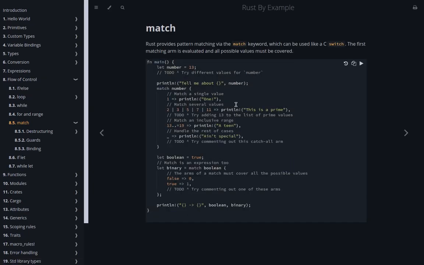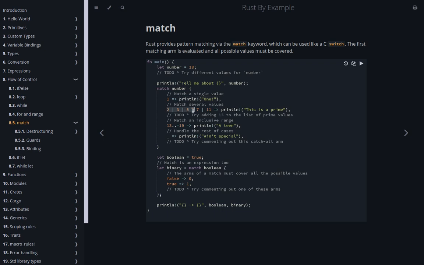Now match statements. Match statements are like switch statements in other programming languages. If you've seen switch statements before, a switch statement just allows you to match a particular expression or value and then evaluates the result. And that's pretty much what matches are. You have the match arm, then you have the pattern, and then you have whatever you execute inside of the match.